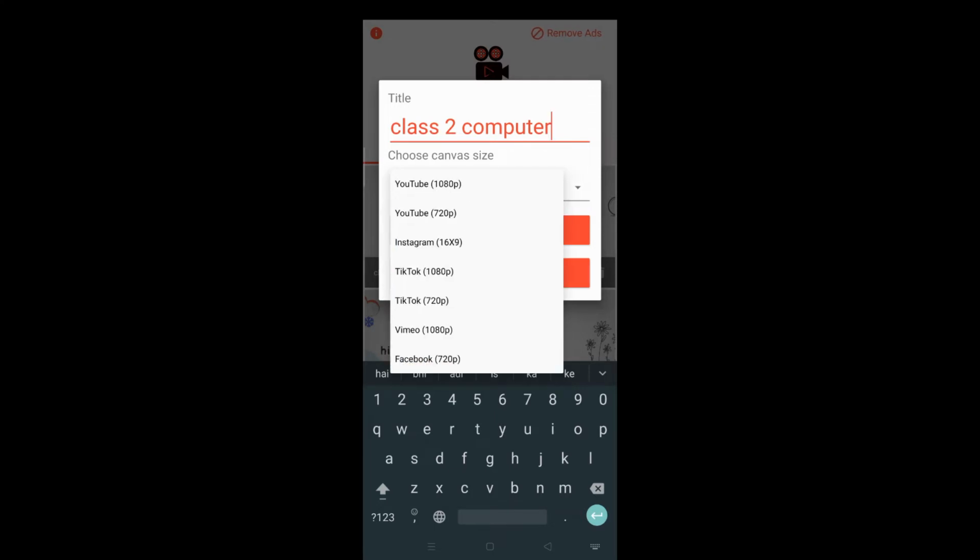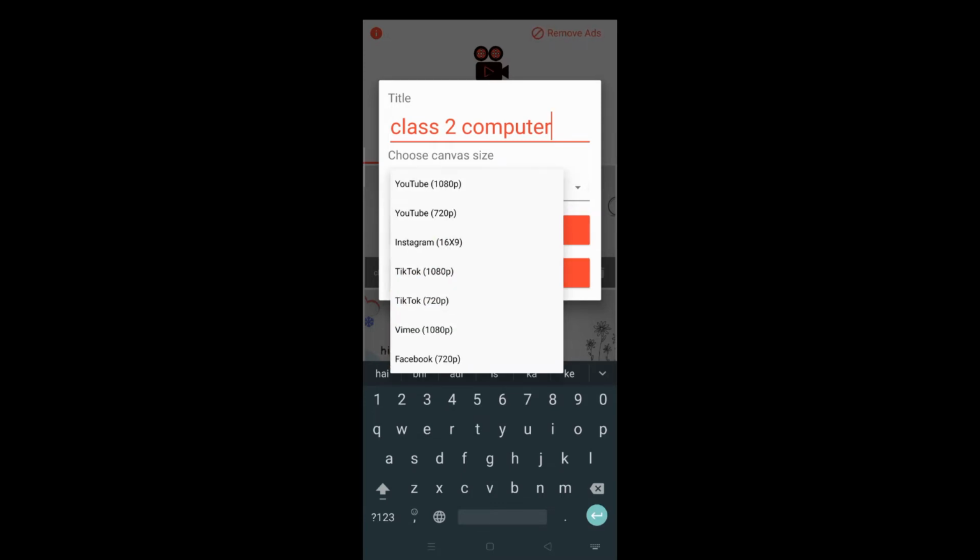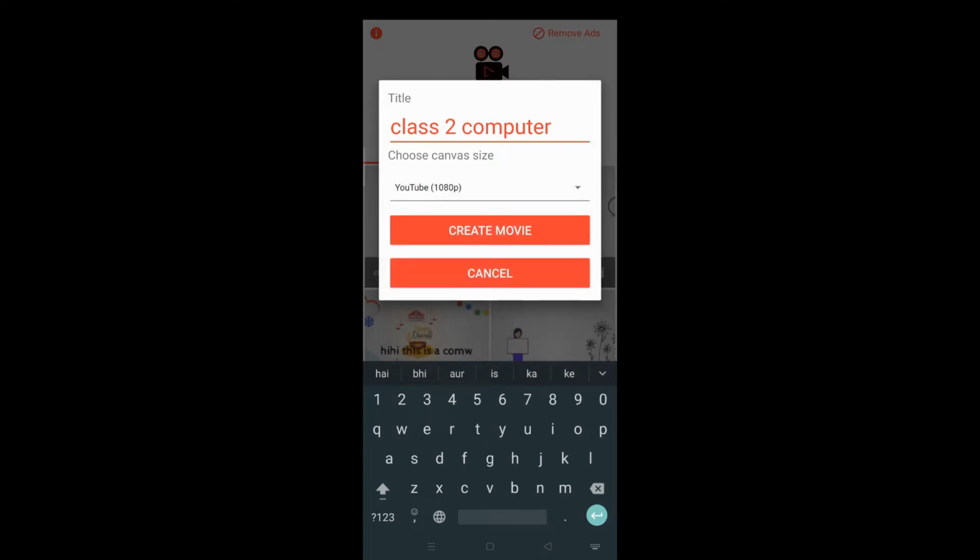Otherwise, if you choose a middle size like 720 pixel, then you can easily send your video over WhatsApp. But if you take 1080 pixel, you cannot send it over WhatsApp. So for this you have to create.